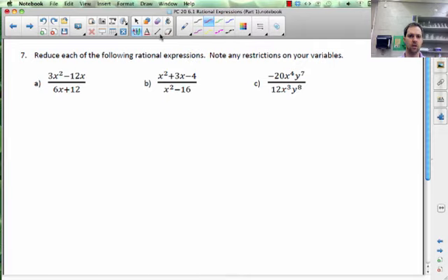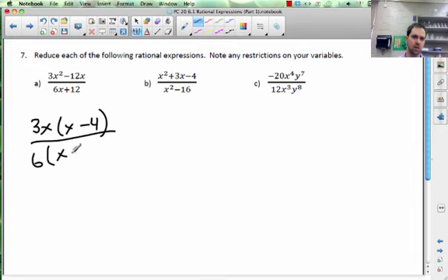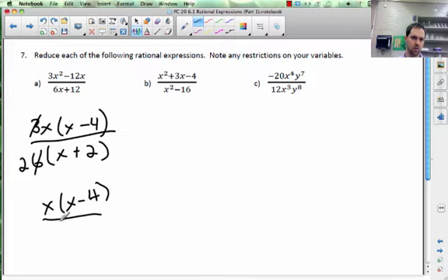Reduce each of the following rational expressions. Note any restrictions on your variables. So again, factor everything. Numerator, take out a 3x, we're left with x minus 4. Denominator, take out 6, and we're left with x plus 2. And there's not much we can do with this, but the 3 and the 6 will reduce, so we're left with x times x minus 4